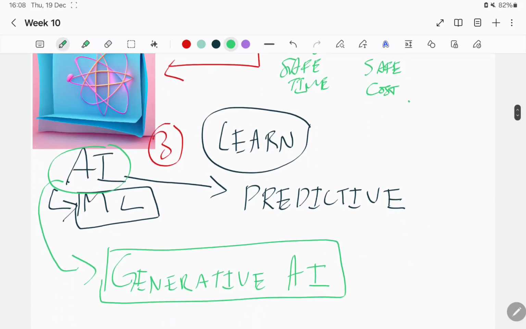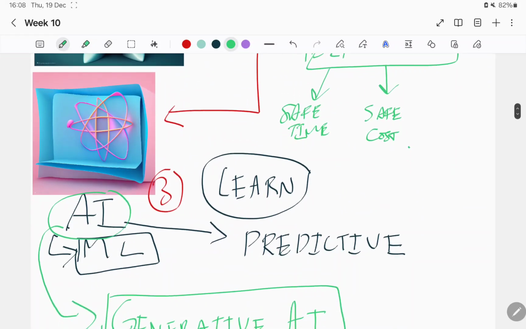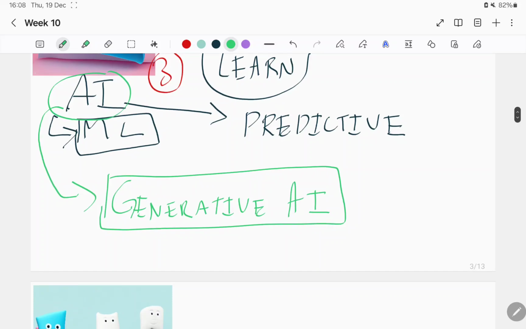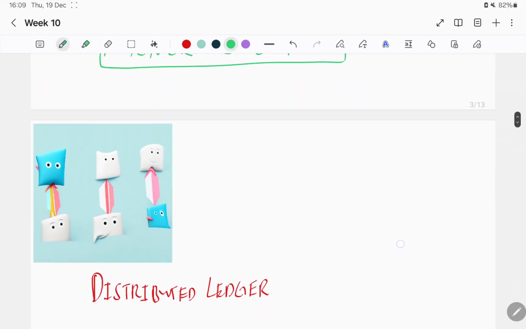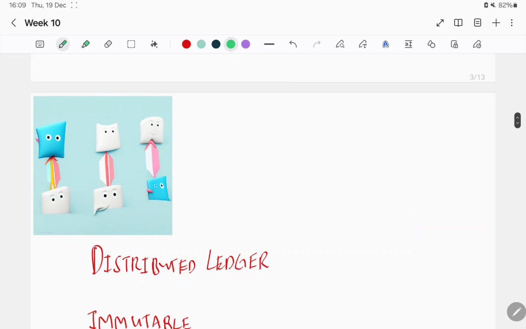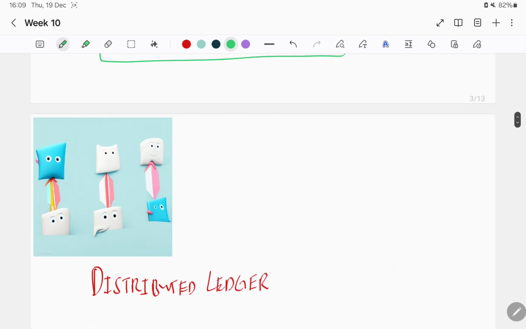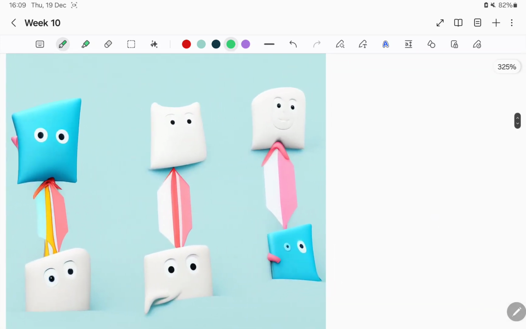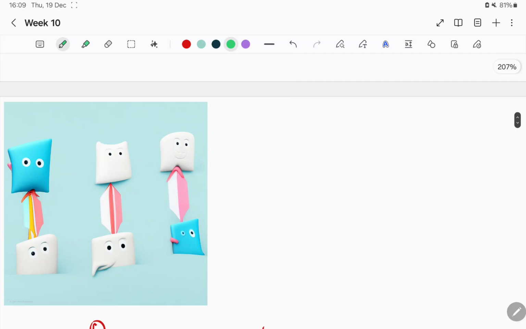They are closely related to the AI. So let me see. This is the next one before I give you all a break. This is the final emerging technology that I will discuss. Do you have any idea what this is? Link one to another, right? This is what we call